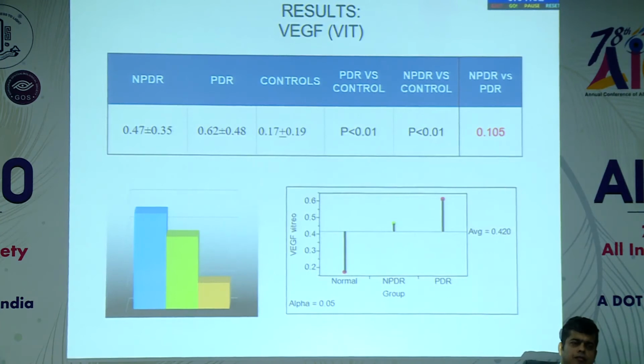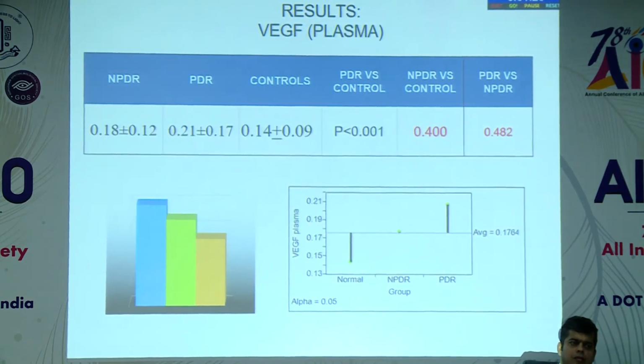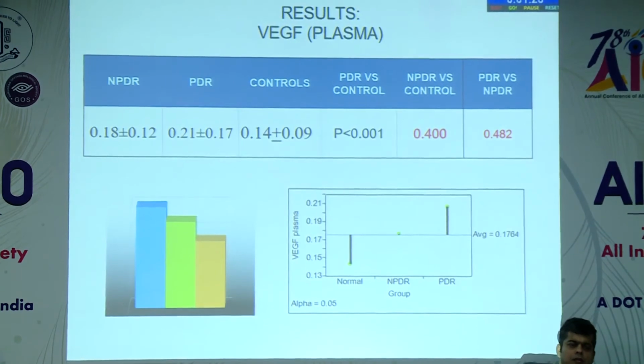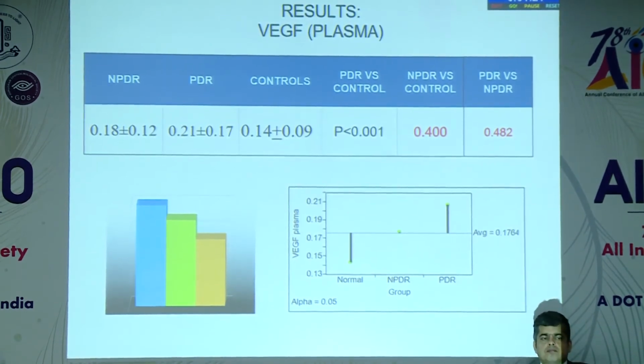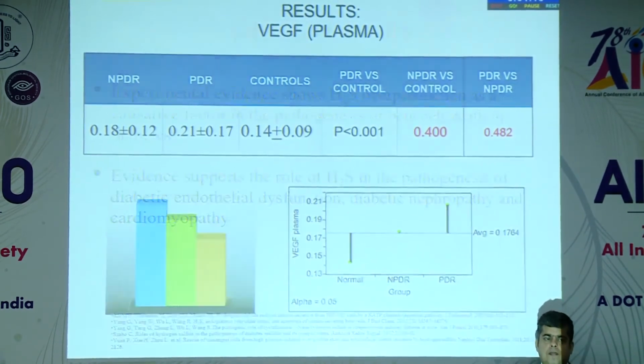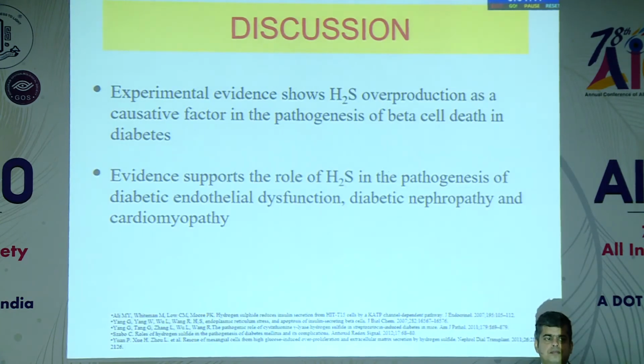VEGF in vitreous was also not found significant in NPDR versus PDR, but it was found significant in the other two groups. And VEGF in plasma was found significant only in PDR versus control group, but it was not found significant in the other two groups. So coming to discussion, experimental evidence shows hydrogen sulfide overproduction as a causative factor in the